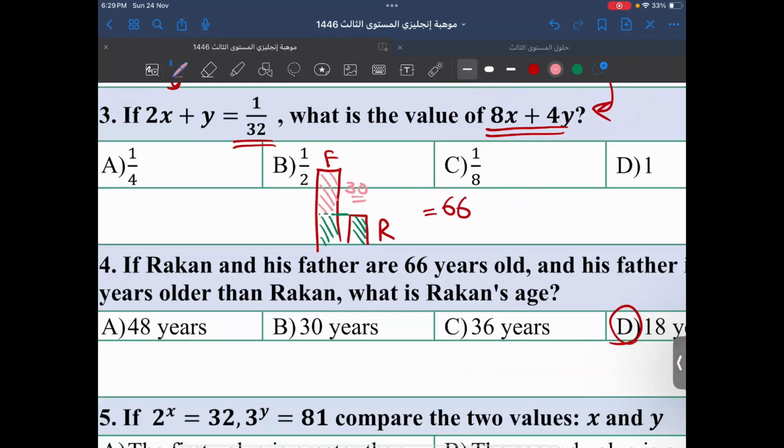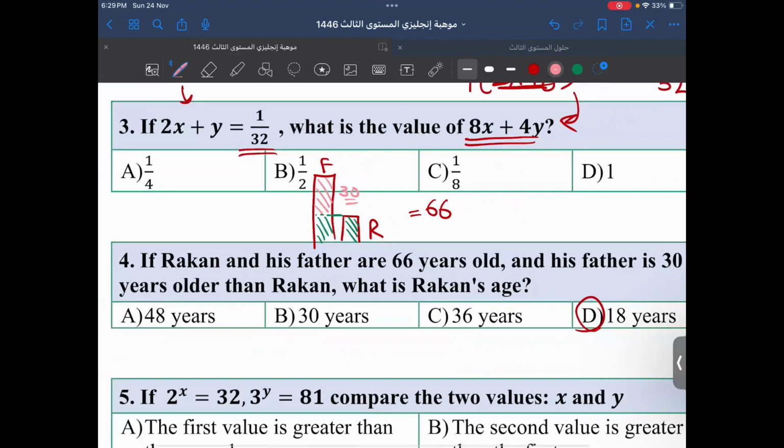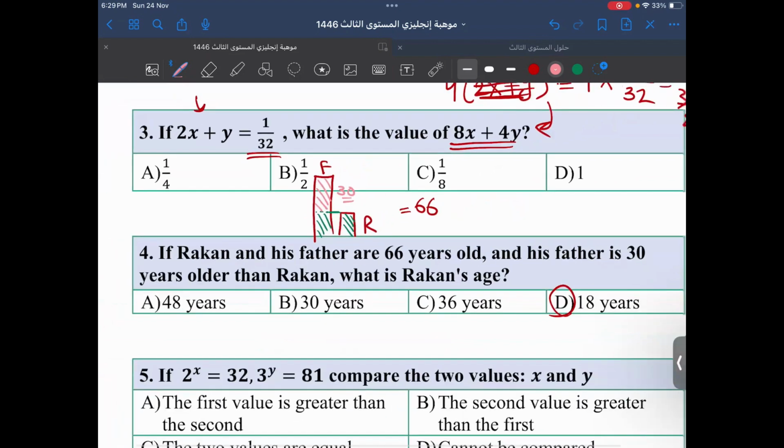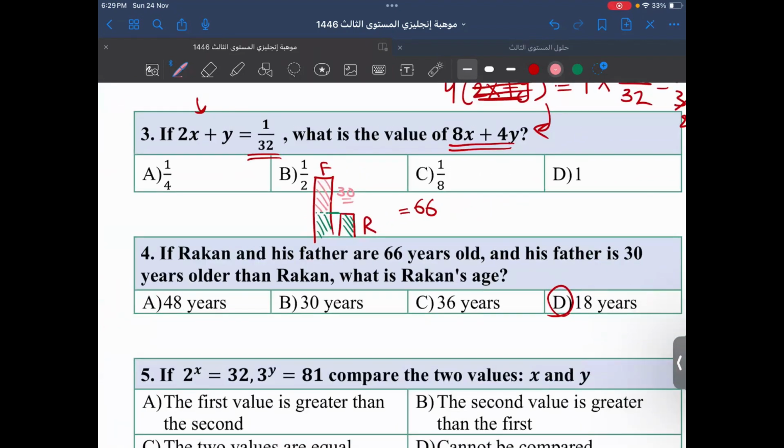Do you understand it? Miss Wallah, I don't understand anything. Me too, miss. I don't get it. So let me make it easier for you, okay? So first,